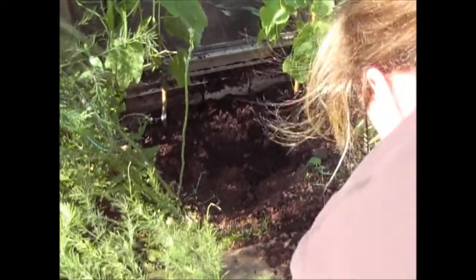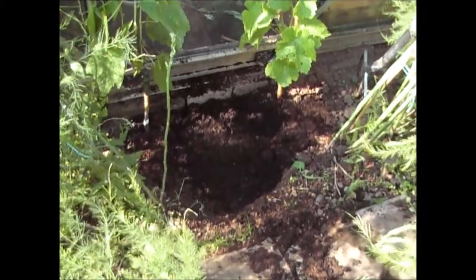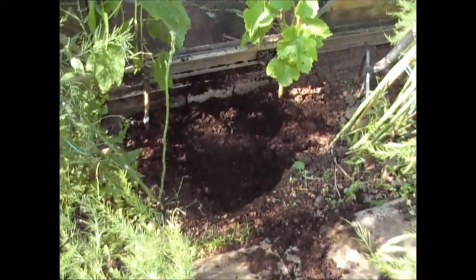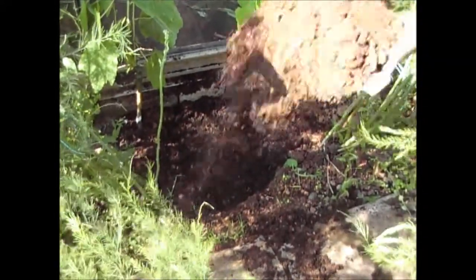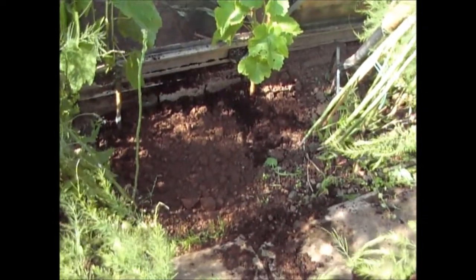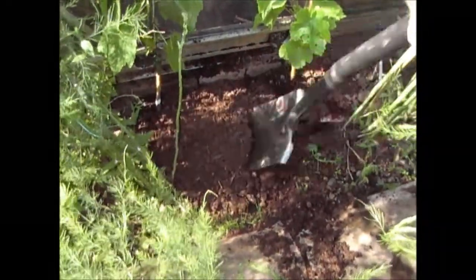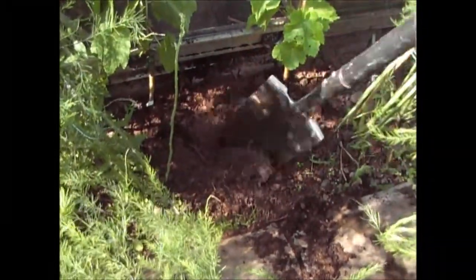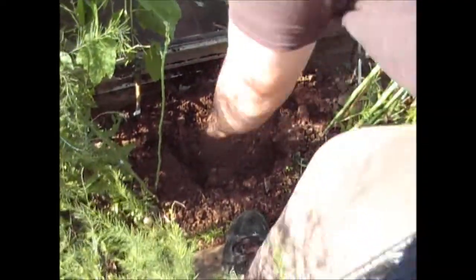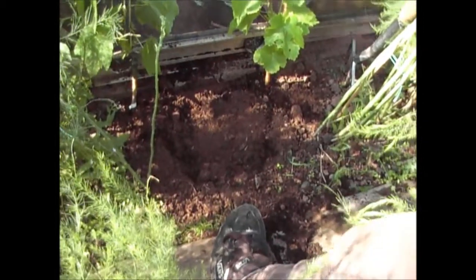And of course you need to consider that these plants are going to be potentially in this ground for 30 years or so. So it's well worth making sure you've got the right nutrients in the ground when you first start. This is the easiest time to put it in. I'll just give them a quick mix, also being careful not to damage the roots of the plant. And then I'm just going to add a little bit more